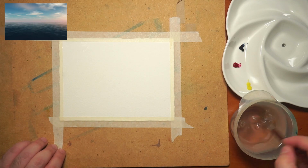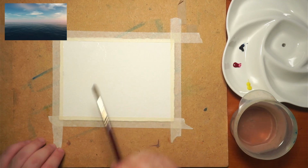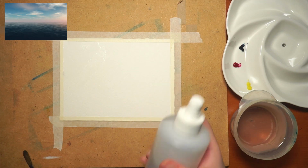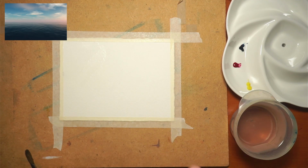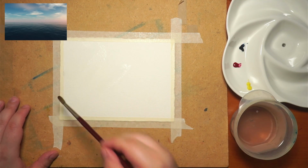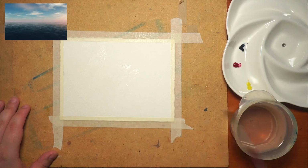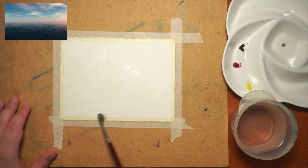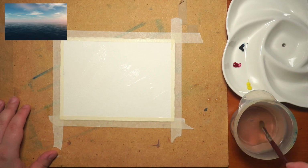much as possible. Now, if you have a sprinter, for example, something like this, you can use it to sprinkle the surface. But in case you don't have any sprinters, it's equally possible to do it without any sprinters. You just have to use a lot of water, take a gushing amount of water and try to cover the